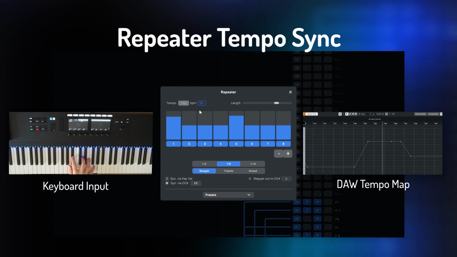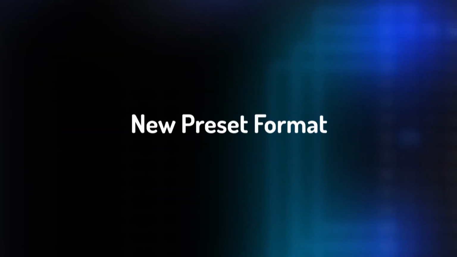The external sync button is a global control, so if you activate it on any repeater plugin in an orchestration, all the other plugins will automatically switch too. While we were working on the repeater, we also improved the way multiple repeaters in the same orchestration play together to keep a steady and tidy pulse at all times. A small change, but a huge time saver.